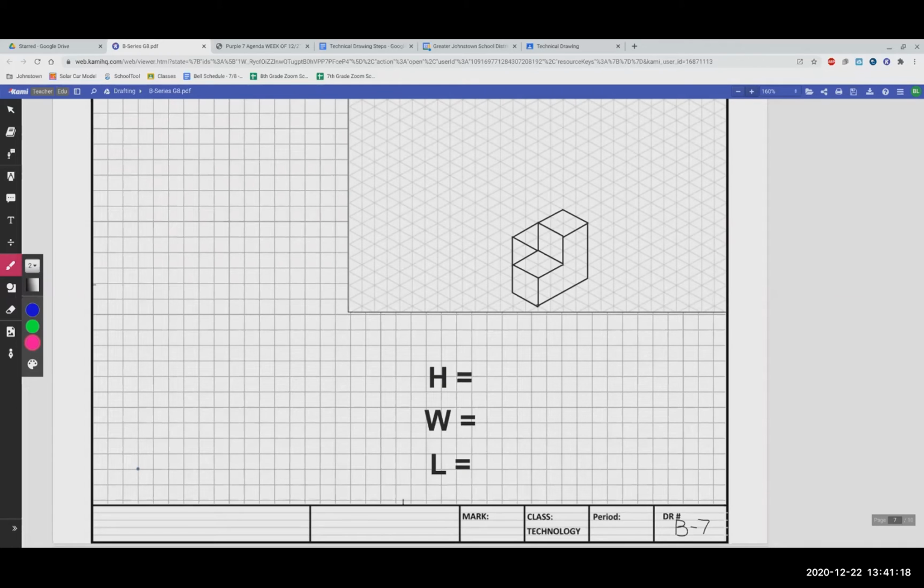So we're starting with drawing B7. That's what I have up on the screen here. So like with any drawing, the first step is labeling. Here's my front view, set it in this direction, and you will see